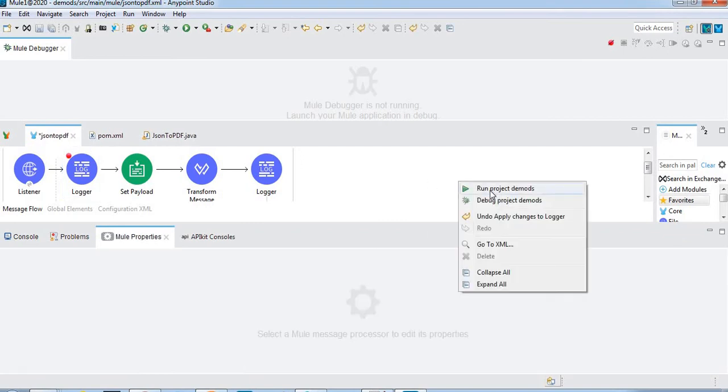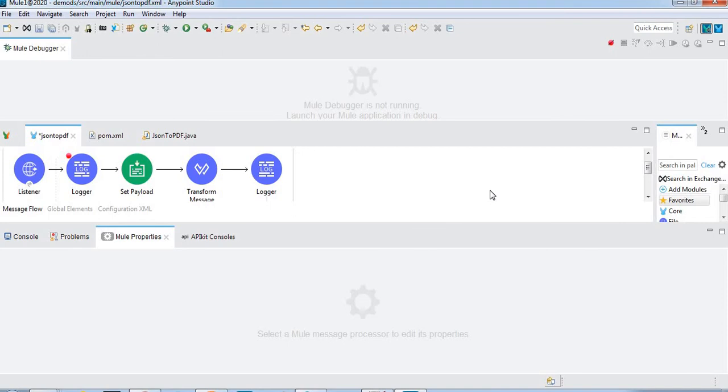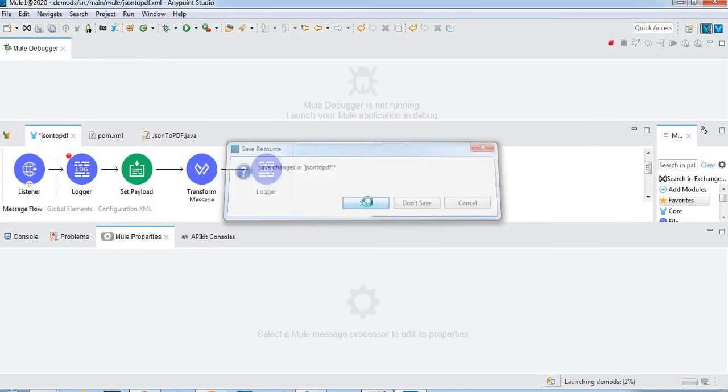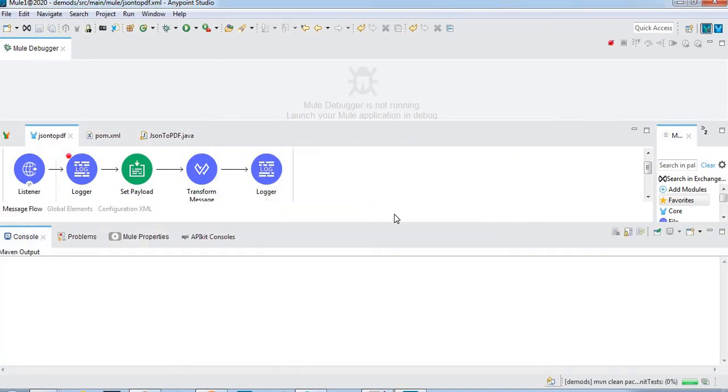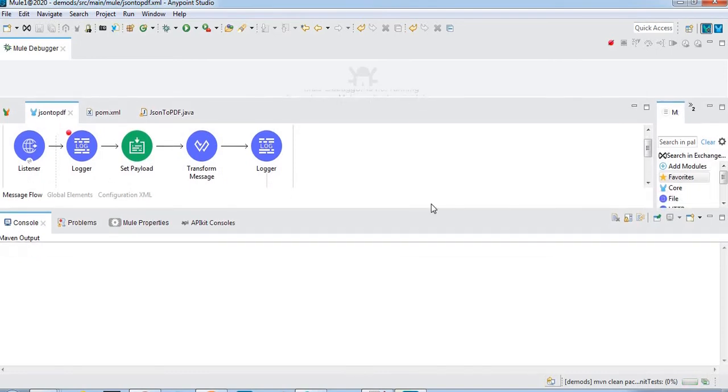Okay, let's run the application. So it's taking much time.